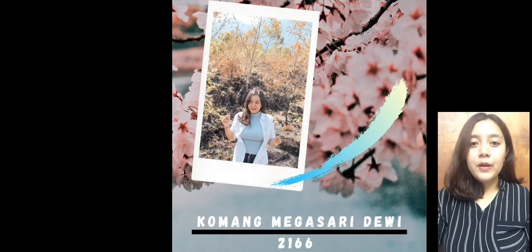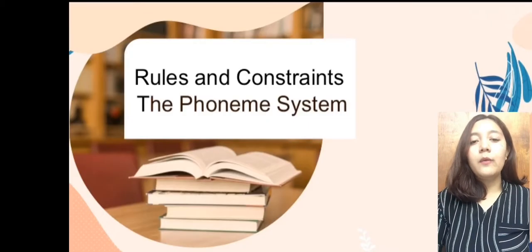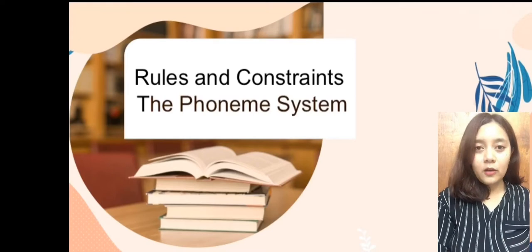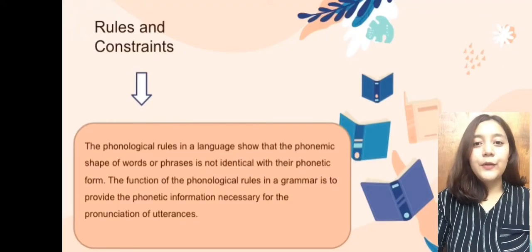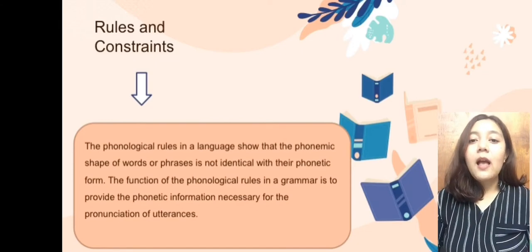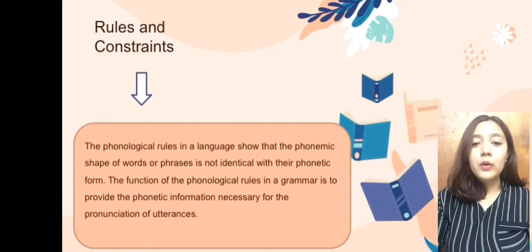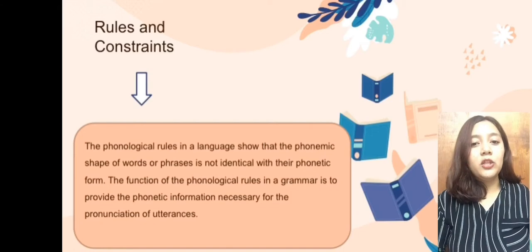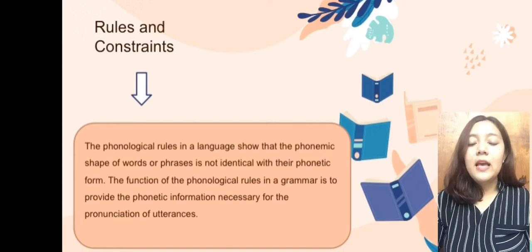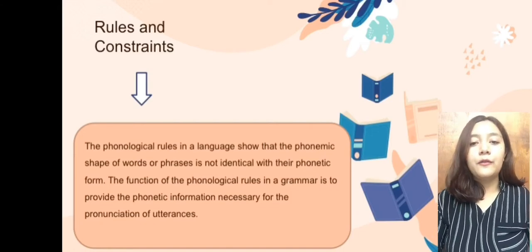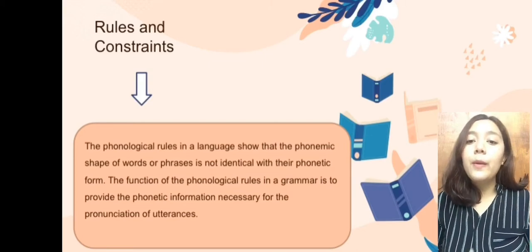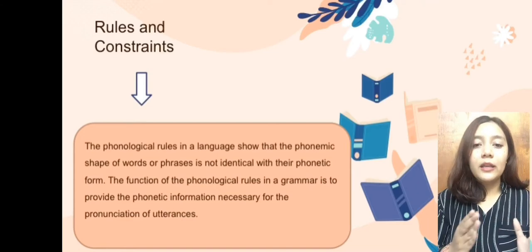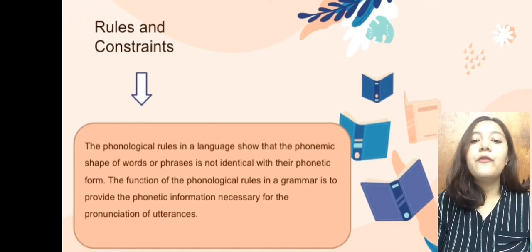My student number is 2166 and now I would like to explain about rules and constraints and also the phoneme system. First is rules and constraints. The phonological rules in a language show that the phonemic shape of words or phrases is not identical with their phonetic form. The function of the phonological rules in a grammar is to provide the phonetic information necessary for the